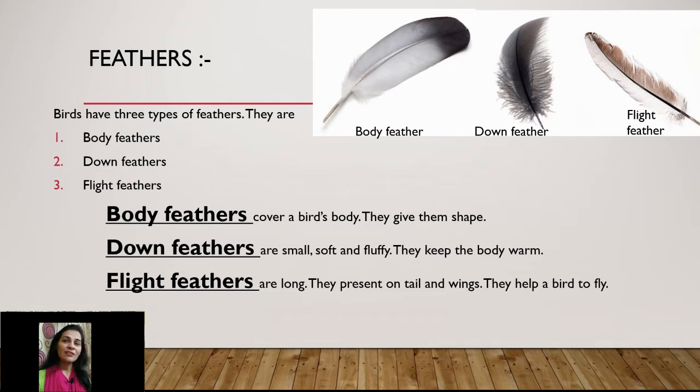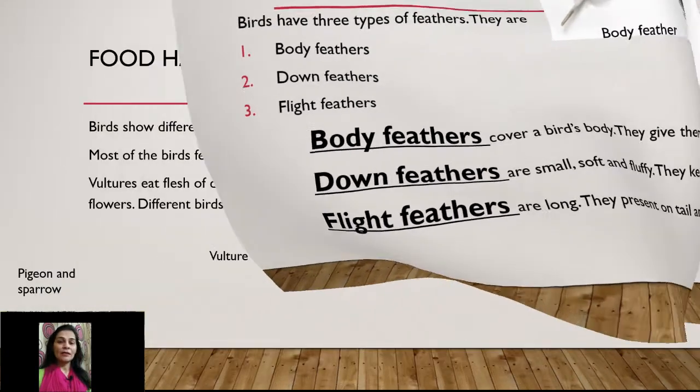Okay, these are the different types of feather present on birds' body. Okay, and their functions are also different. Bird's feather, they give shape, and they keep the body warm and they help to fly. These are the different types of feathers as you can see in the picture also. Okay, now our next one